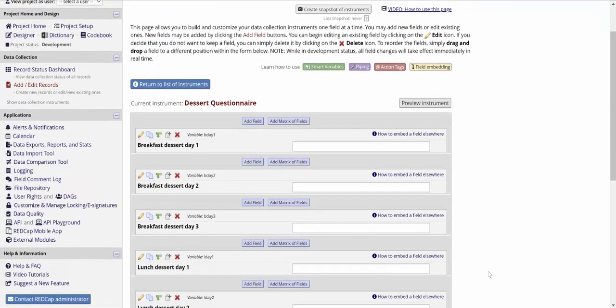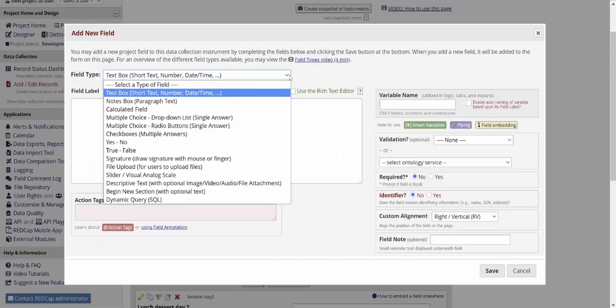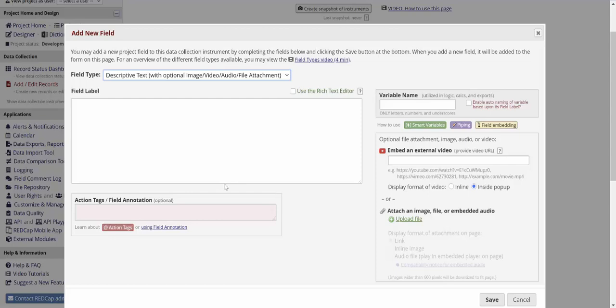We don't want these fields to all appear one by one. We want them to appear in a nice, easy table. So I'm going to add a new field here at the top. And this time I'm going to make it a descriptive field. When I embed a field, the only thing that gets carried into the embedded space is the place where someone can enter information. It does not carry in the field label, so I'm going to have to make sure that it's clear when I build the place where I want this to go, what the labels are,